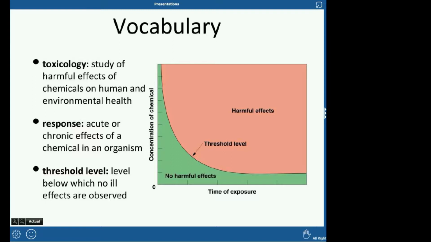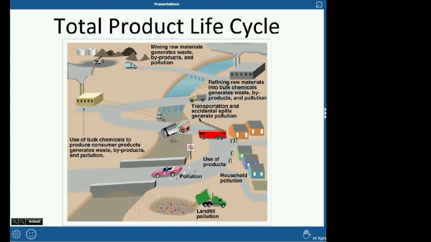killed. So the LD50 that you guys are doing in your lab is basically the point at which 50% of the organisms are killed, or the lethal dose to 50, that's what LD50 means. Or you could also do it if you're a glass-half-full kind of person: the point at which half of the people live, or half of the organisms exposed live.